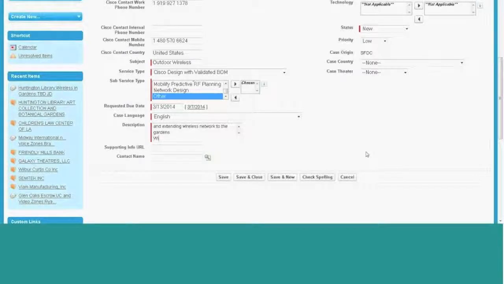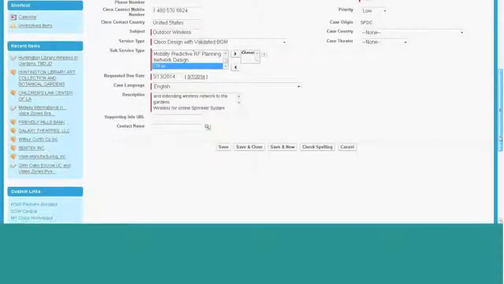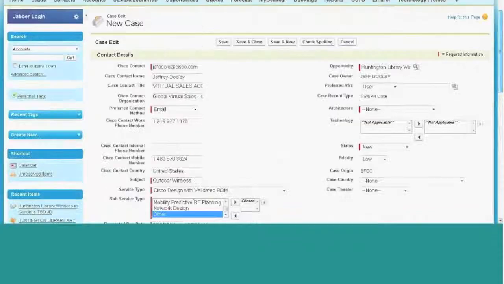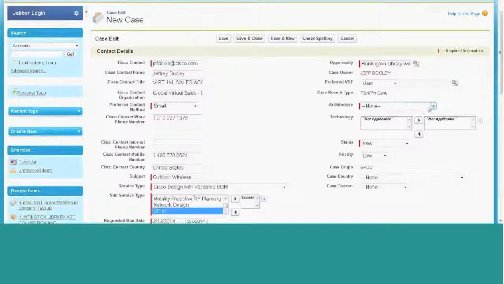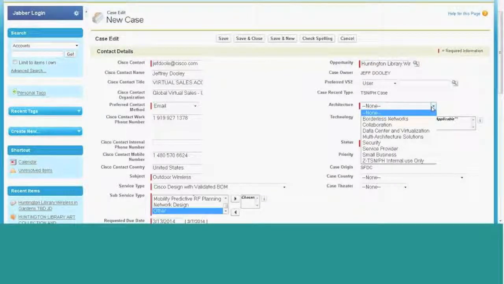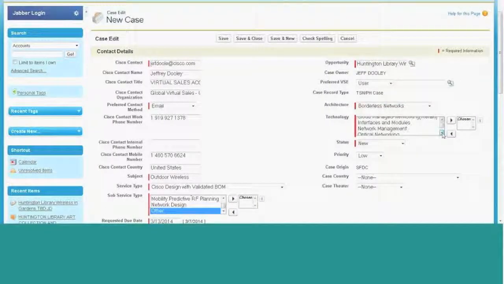Say, which is a little different than what I'm used to, but cool technology anyway, things we're doing in there. So we're just going to extend that out a little bit. I'm going to also include here, who do I prefer to work with? We're going to work with the user. The architecture, I'm going to go ahead and put this as borderless. And then now I'm going to mark this as